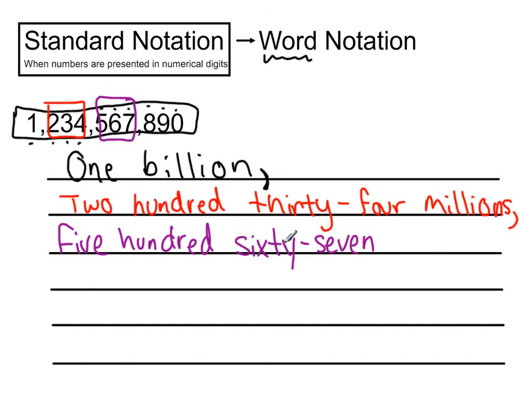So we have 567, and I was in the thousands place. So I say thousands. And then I'm going to breathe, so I need the comma. And now I'm last but not least in the ones. We don't actually have to say we have 890 ones. We just say 890, and when we end there, that is assumed to the reader that's the ones, so to speak, place. So we have